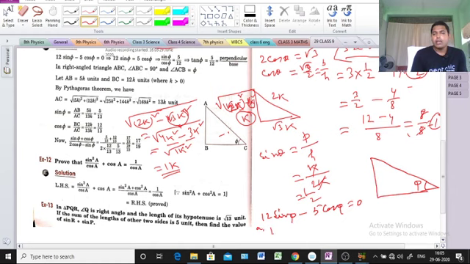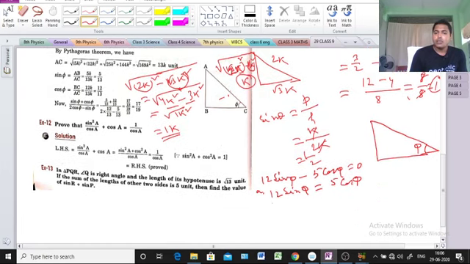So we can write 12 sin phi equal to 5 cos phi. We are sending the minus 5 cos phi to the right hand side. Here the given data is a little bit of a problem, so we'll arrange it first. If we arrange it, that one will be easy.